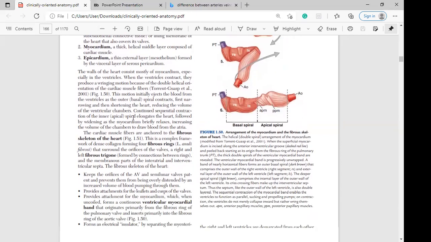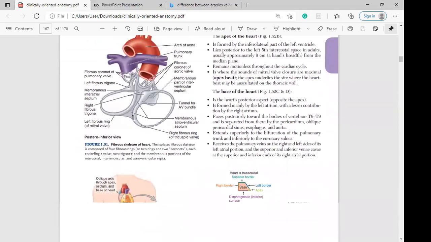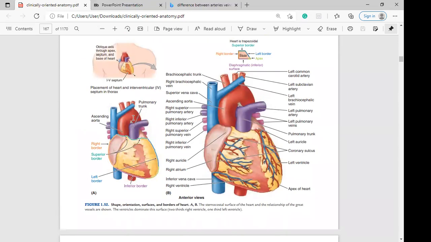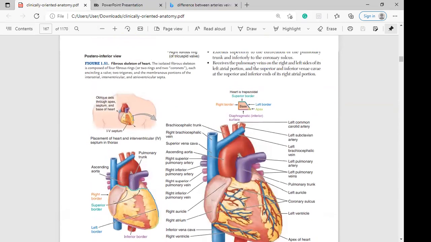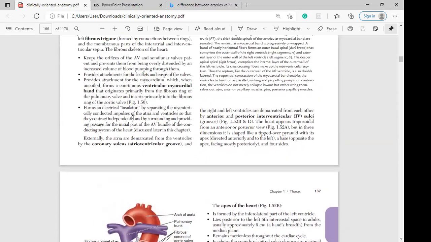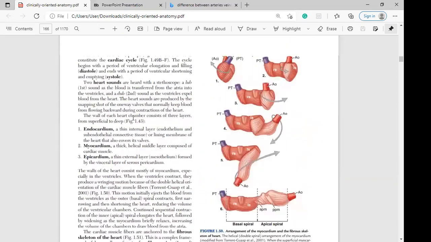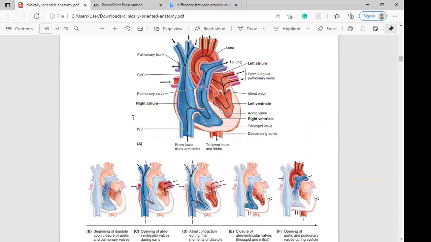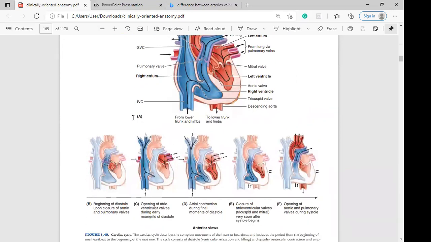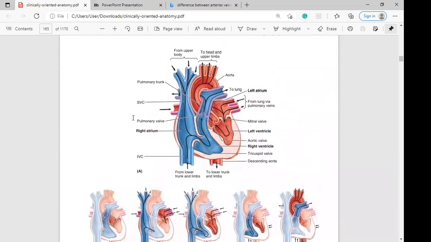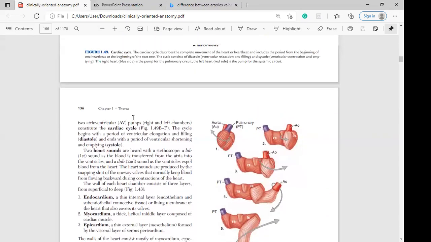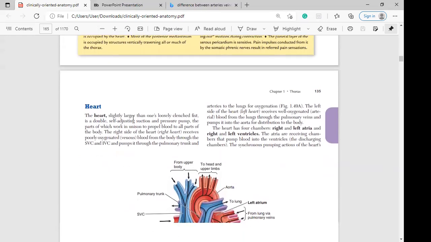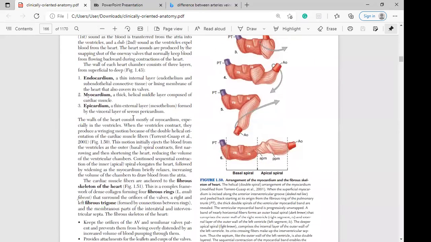But let me see if there is a diagram that shows these. I think in the atlas you will find it better in the atlas. Let me see if the diagram explained. Okay, this diagram didn't show those three layers that I mentioned, but know that the heart has three layers: endocardium, myocardium, and the outermost epicardium. Okay,